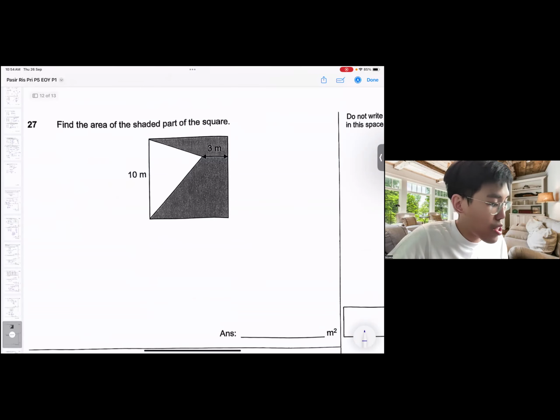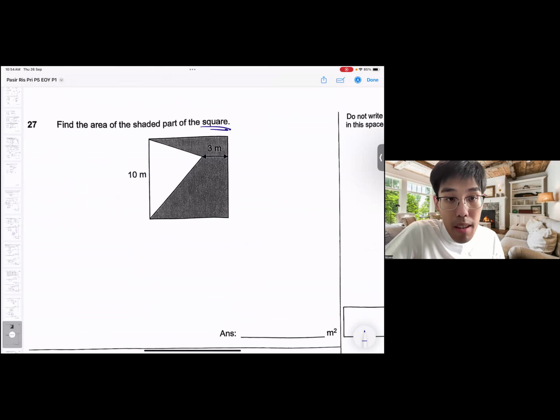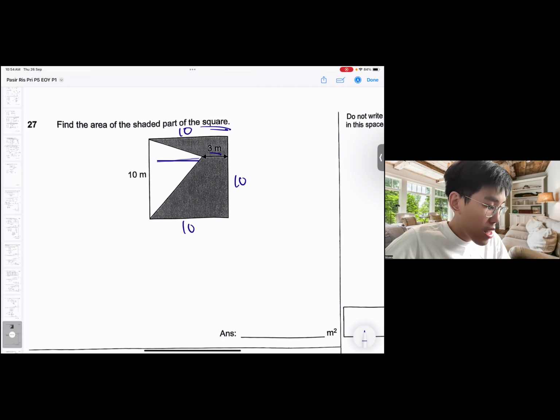Find the area of the shaded part of the square. They subtly mentioned that this is a square, so you must go and indicate everything else already. So this is 10, this is 10, this is 10. At the same time, if you see that this is 10 and there's a 3 over here, that means the height here,